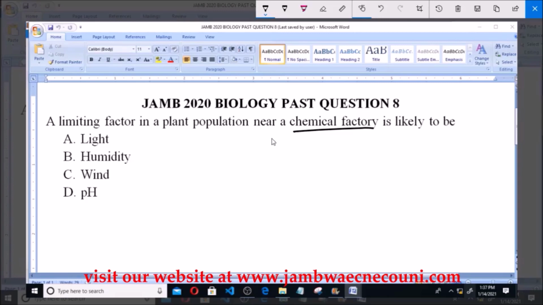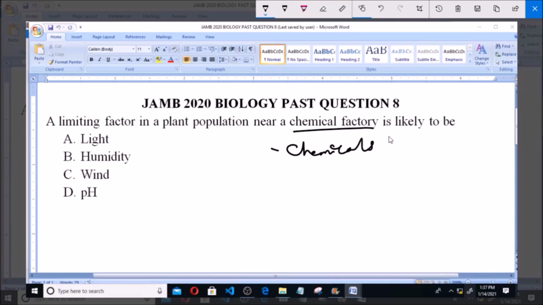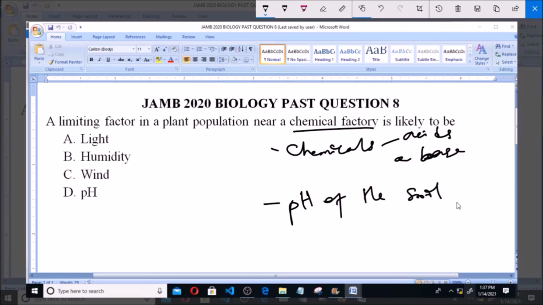be mostly chemicals. Now, these chemicals can either be acids or bases. Now, if these chemicals are released to the soil, they will change what? The pH of the soil. And like we know, pH is defined as the degree of measure of acidity or alkalinity of a substance. Now, when the pH of the soil is altered, it will affect plant population, because some